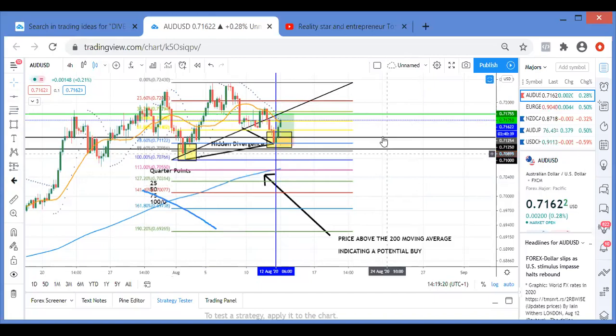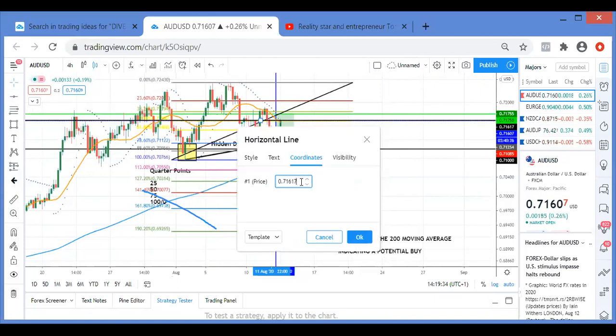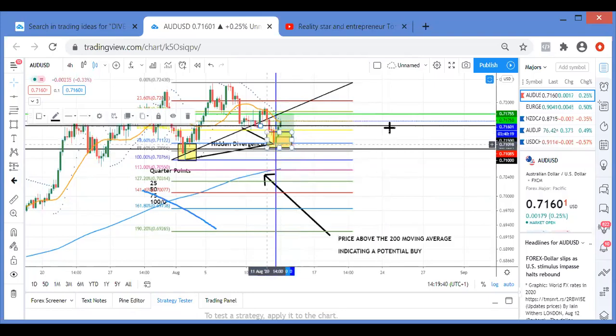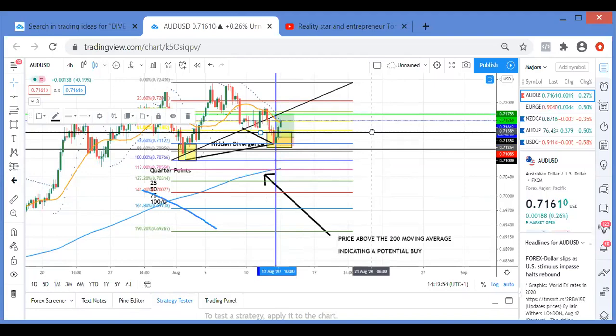So look, let's start from the top. 50, so 50 here. The nearest quarter point is 500. Where does it go? Goes there. The reason why this line here is not good is that it is above our 50. We want it to be in this region here. You understand?